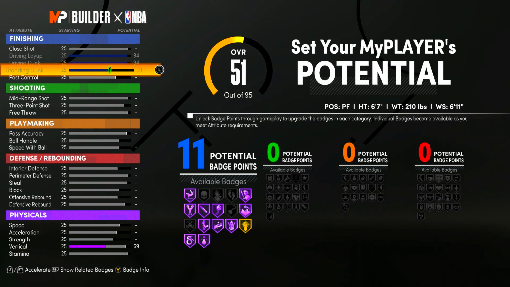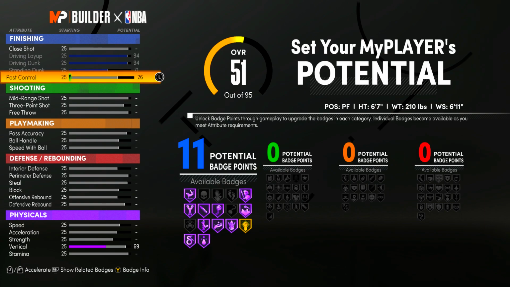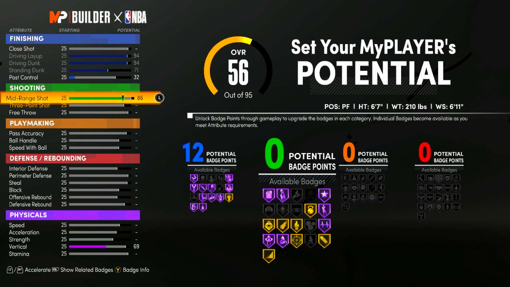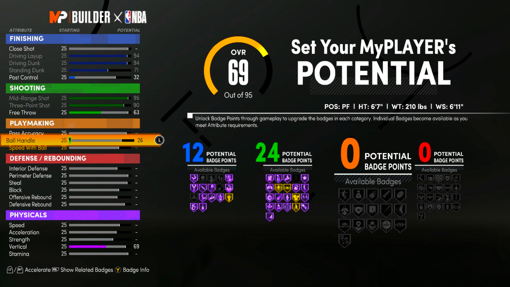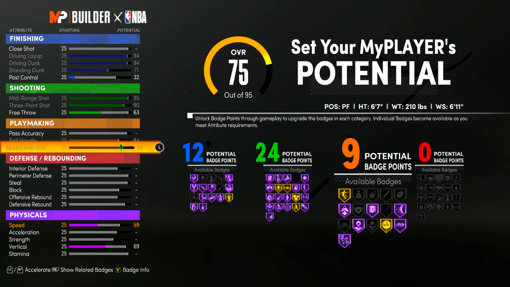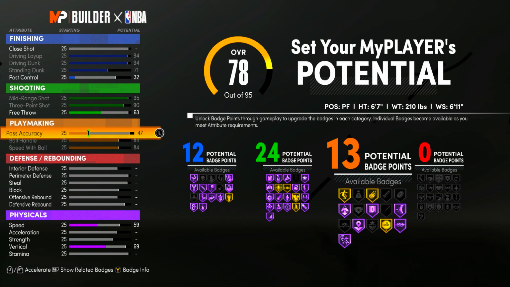You're going to max out everything for layup, dunk, standing dunk, and then put your post at 32 like we did before. Mid-range and your 3, you're going to max out here. Your free throw, you're going to go to a 63, although if you would prefer, feel free to put that up. We have a little space for alleviation here, and I'm going to explain that right now. We're going to max out our ball handling and our speed with ball, but our pass accuracy, you really only got to put that up